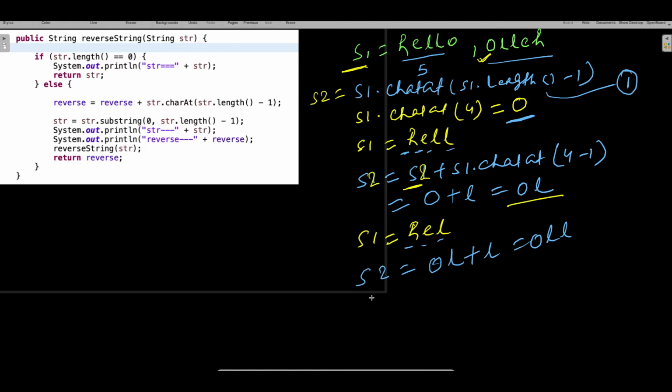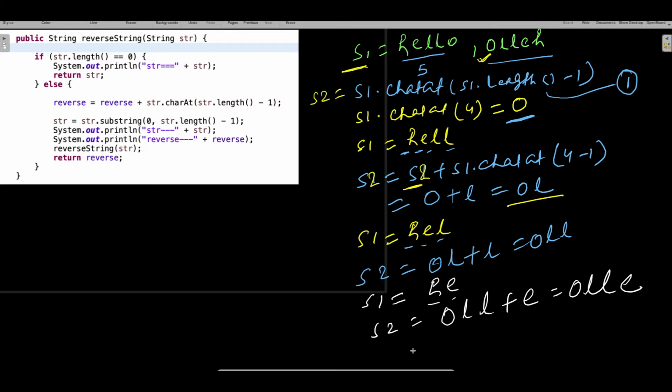Now let's say again s1 becomes HE, the last index got removed. Then what is my s2? If I perform the same thing, it will be OLL plus s1.charAt(length minus 1). The length is 2, minus 1 is equal to 1. So this is 0, this is 1, so it is going to be the E. So we got OLLE.